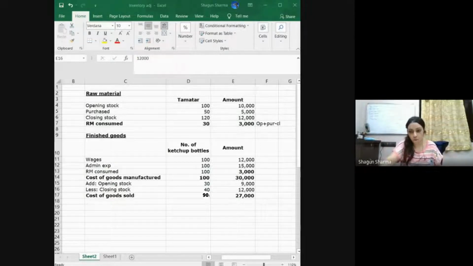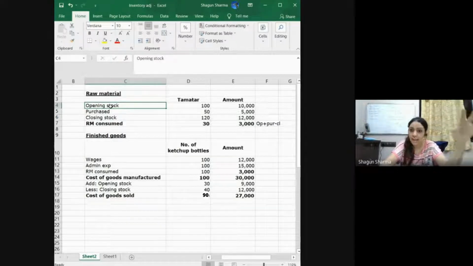Okay, so first let's talk about accounting for your raw material. So, like we've learned in accounts, the accrual concept tells us that in this period, we only want to consider raw material that was consumed and not raw material that was purchased. Our emphasis is on how many tomatoes did I use to make the ketchup, not how many tomatoes I bought. So, how do I calculate how many tomatoes were consumed? So I begin with one opening stock figure that at the start of the year, I count how many tomatoes I had. So let's ignore the amount column for now. That is just the monetary value of my tomatoes. So let's speak in terms of actual tomatoes.